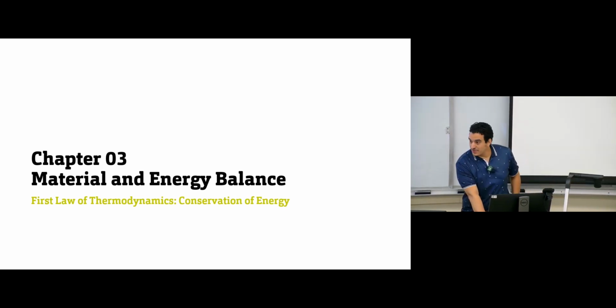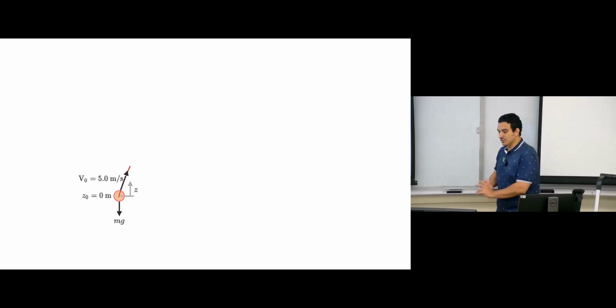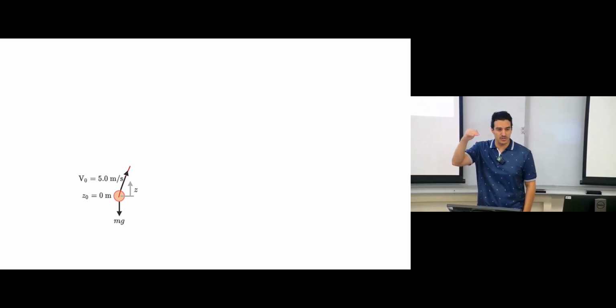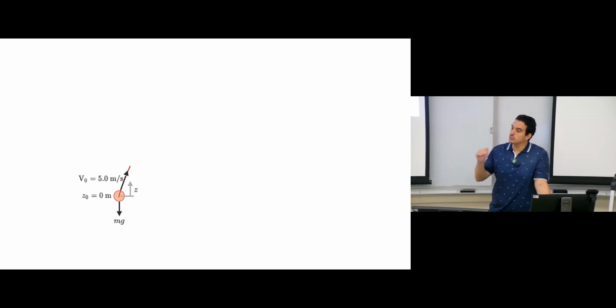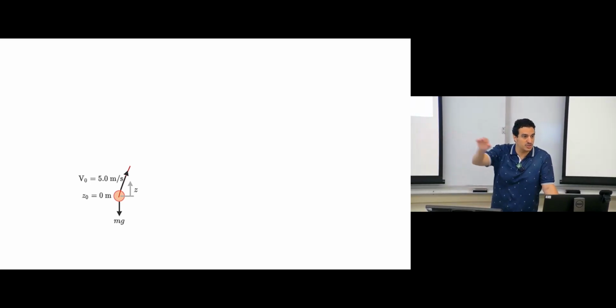In order to understand the conservation of energy, or the first law of thermodynamics, we can start with this example. Let's assume we have a ball, and I tell you this ball is resting at the floor, so the elevation from the floor, my reference, is 0. And this ball will start to move with a velocity of 5 meters per second. So this ball has this condition. If I ask you what is the summation of the potential and kinetic energy for this one,